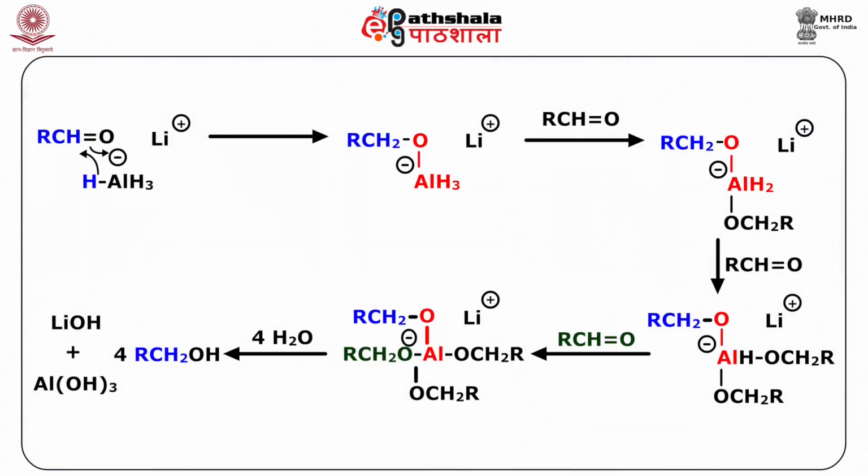If we try to understand the mechanism of reduction by lithium aluminium hydride, you can clearly see here that from AlH4 minus, the H is transferred as H minus to the carbonyl carbon, and as a result we have this alkoxide attached to aluminium. With another mole of RCHO it gives this particular species, and finally after hydrolysis the corresponding alcohol forms from the alkoxide part, that is RCH2O minus gets converted to RCH2OH.